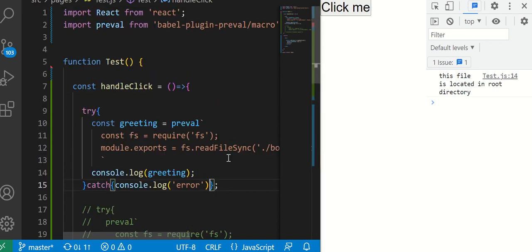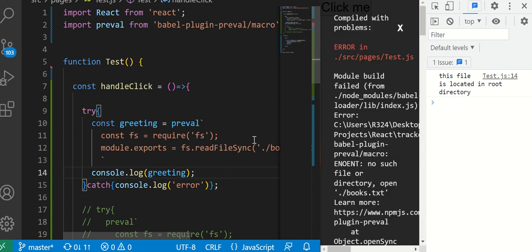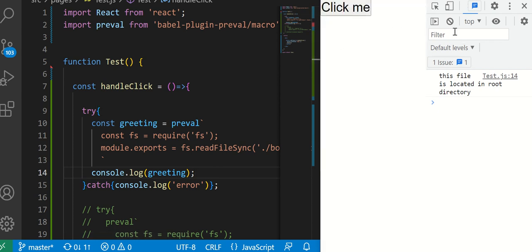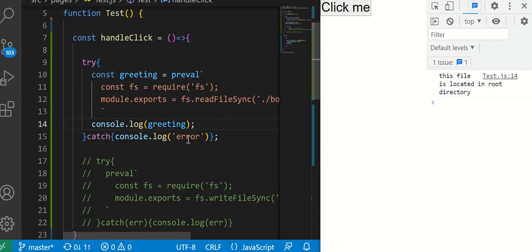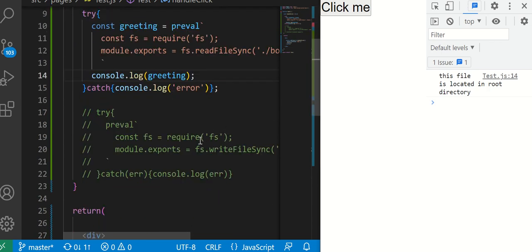So when you use this statement, make sure that the file exists, because right away on load up it tries to read this. And I think it makes a separate server, and then it tries to read that file from the separate server. So right now, every time I save this, it gives me that error, and I can close it, but it still works though. So that's the issue there. You can also use Prevail, the FS module, with write,